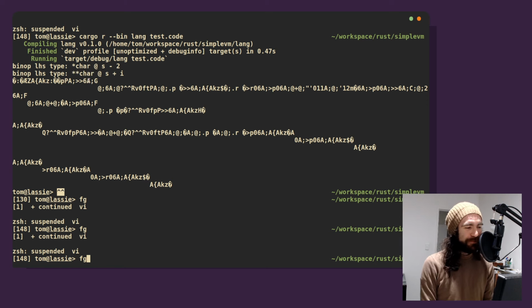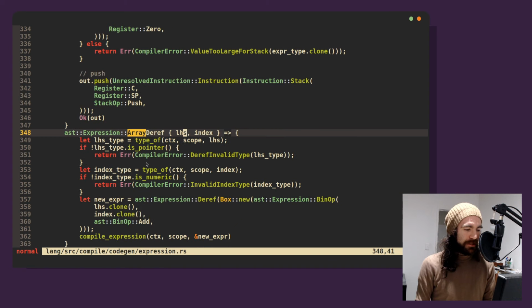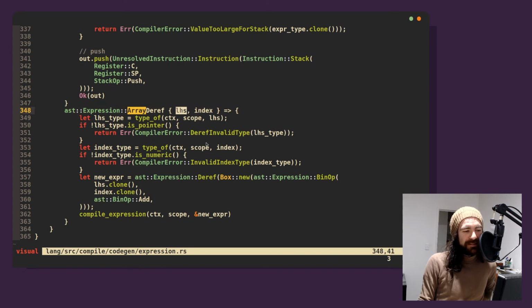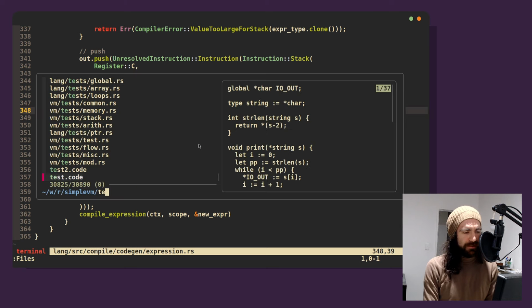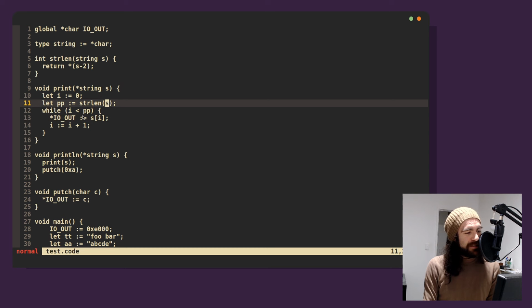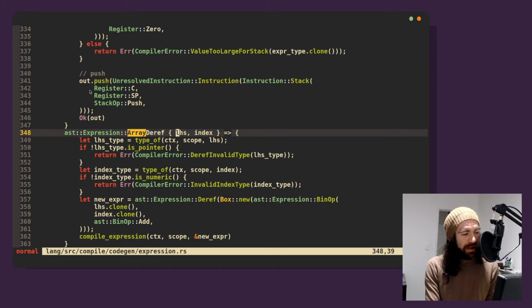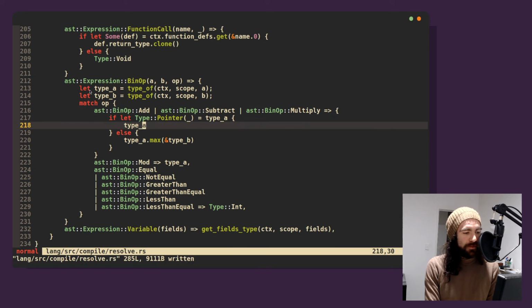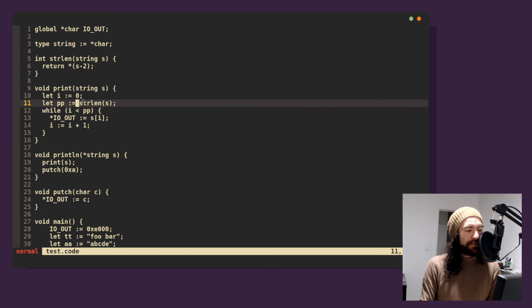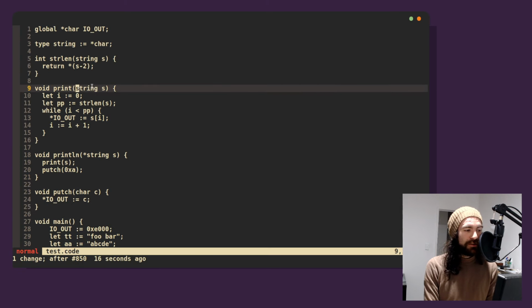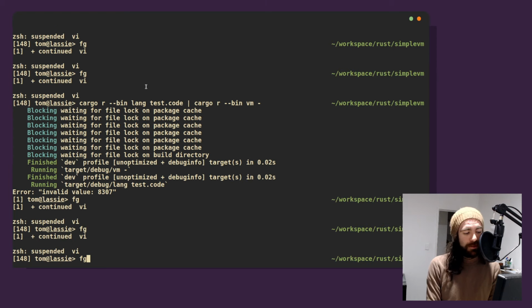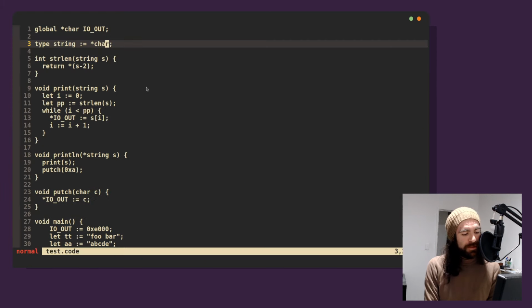So why do we have this double pointer? How are we generating a double pointer here? Why is the left-hand side a pointer to a string? Because that doesn't make sense to me. I see what's happened. We are in fact very silly, because that whole time, this function was taking a pointer to a string when it should in fact be taking a string, because a string is a pointer to a char. Beautiful. Okay, we're still writing a word.